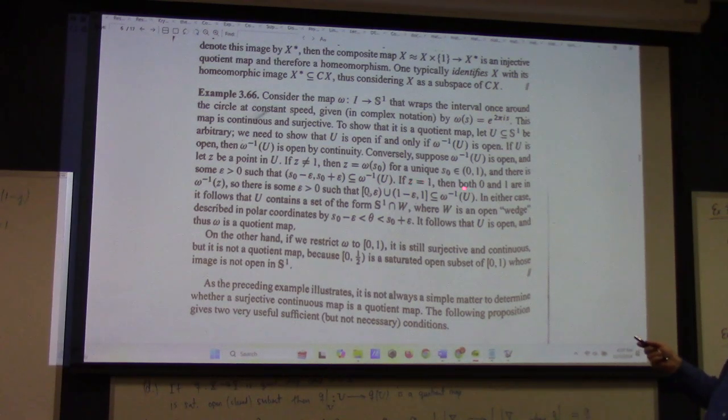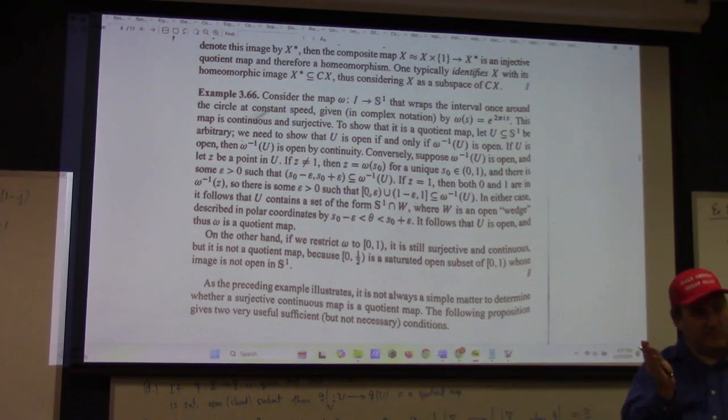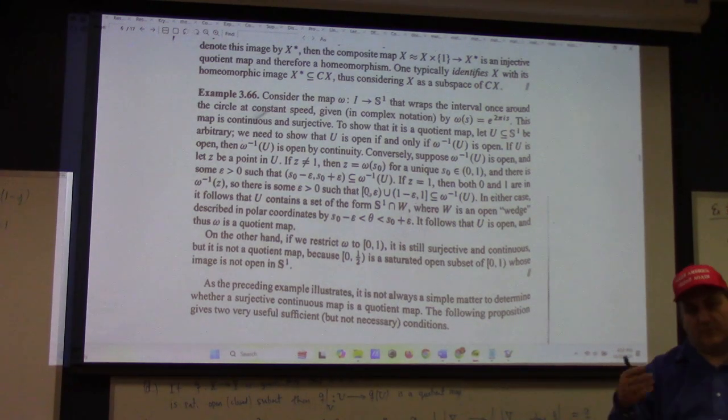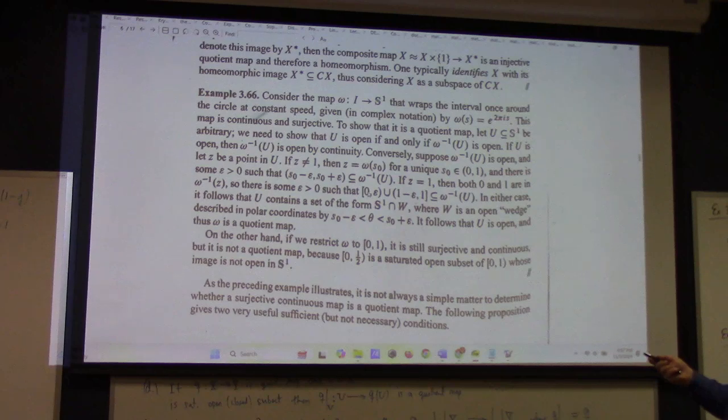On the other hand, if Z is equal to 1, then both 0 and 1 are in the inverse image of Z. So that means there's some epsilon naught. We end up having to take this part and that part union to form the neighborhood. But that's fine, because in either case, it follows that U contains a set of the form S1 intersect W, where W is an open wedge in polar coordinates. And the wedges in polar coordinates are open subsets of the plane. And remember, the open sets on the circle are defined by the intersection of open sets in the plane with the circle, which makes it open. So lo and behold, it's open. And since that then shows that omega is a quotient map,